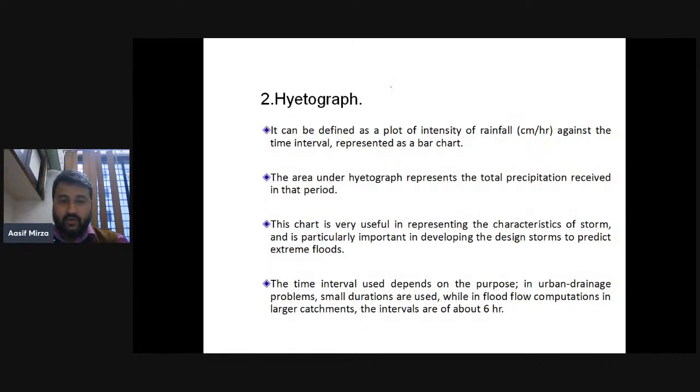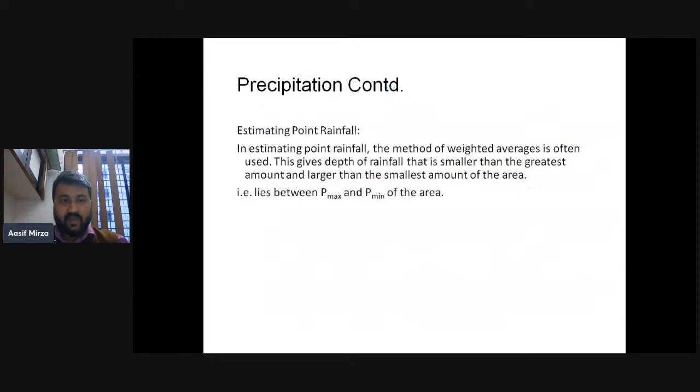This chart is very useful in representing the characteristics of a storm and is particularly important in developing the design storm to predict extreme floods. The time interval used depends on the purpose. In urban drainage problems, small durations are used, while in flood flow computation in larger catchments, the intervals are about 6 hours. So, what is the precipitation